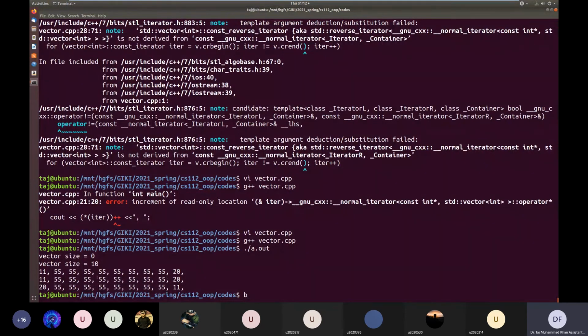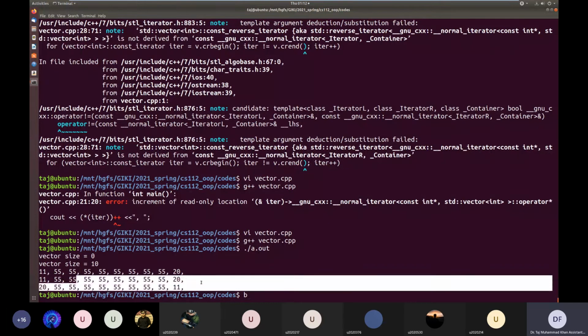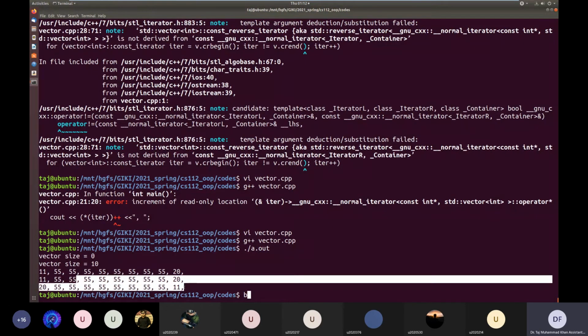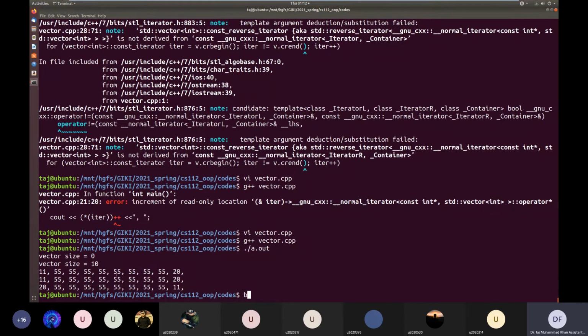We can see that in the second last line, the vector is printed in the forward direction, and the last line basically prints the same vector but in the reverse direction. So it starts from the last element and then goes on until the first element.